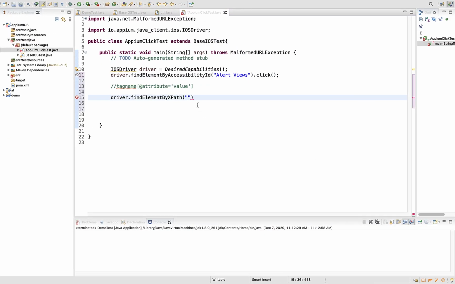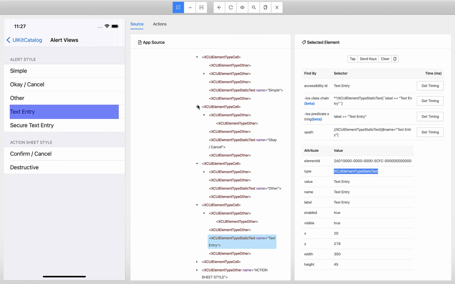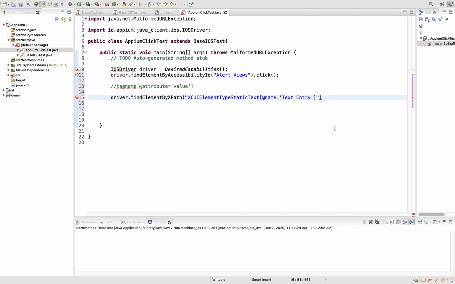Yeah, tag name @attribute. So attribute is a name, and what is the value of it? It's a text entry. Perfect. So this is your XPath. Okay, so same thing this guy have written here. So you can take it directly, or you can build your own XPath.